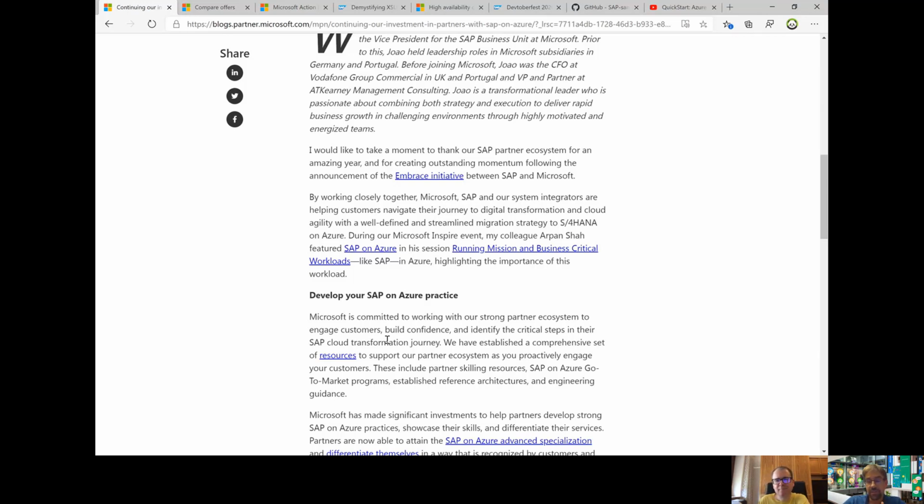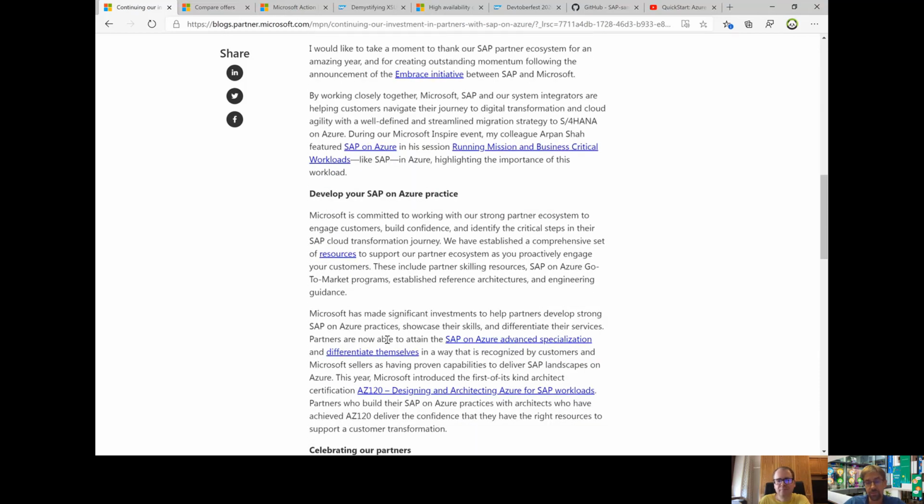And I think that's really the beautiful thing, that we have a huge ecosystem of these SAP partners. Whether you are a customer looking for a huge SAP implementation project, or a partner or customer that only needs help in a certain area, we really have a lot of certified partners that help you run your SAP systems on Azure.